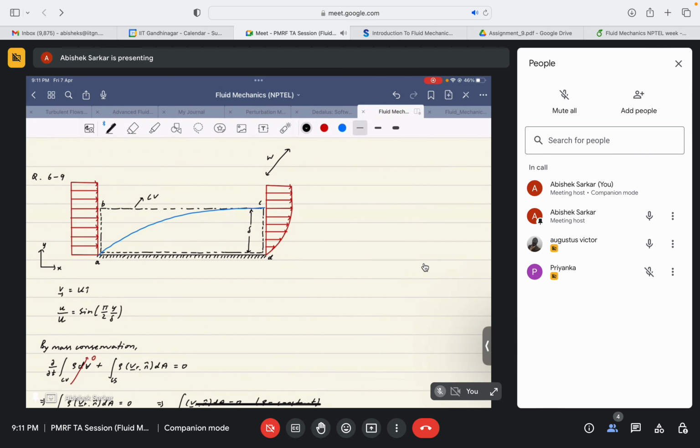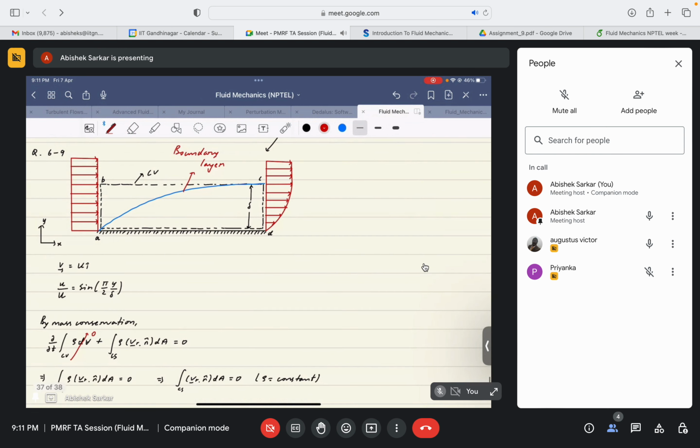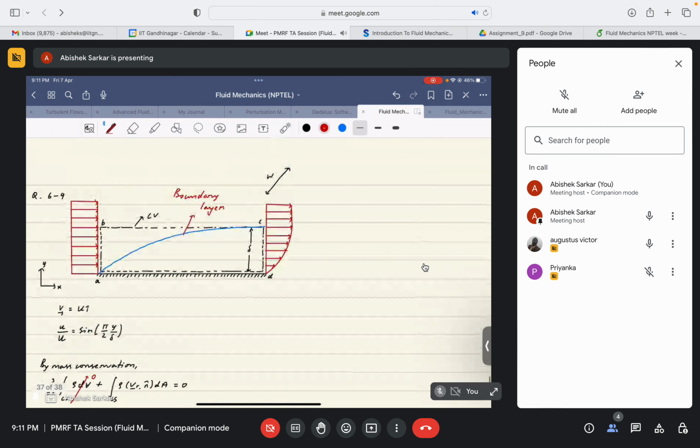Augustus, do you know the concept of boundary layer? Yes sir, I know. Okay, very good, that's very good that both of you know about boundary layer. The width perpendicular to the plate is given by w. The beautiful part of this question is they have given us the control volume. If it was not given to us, we could have chosen the control volume as